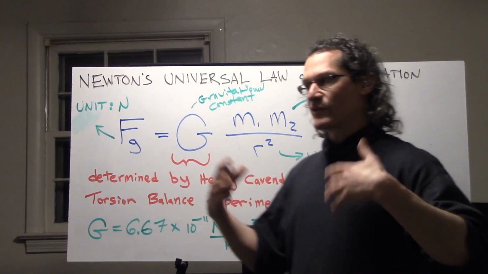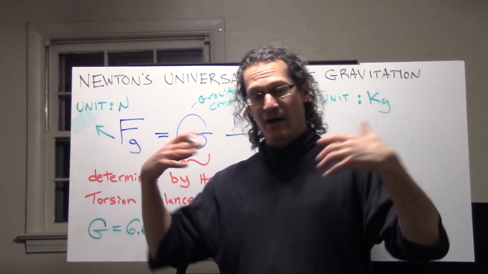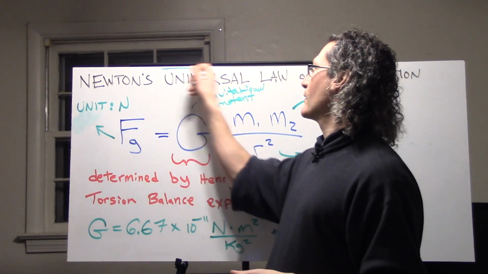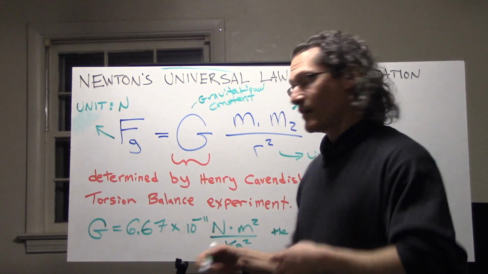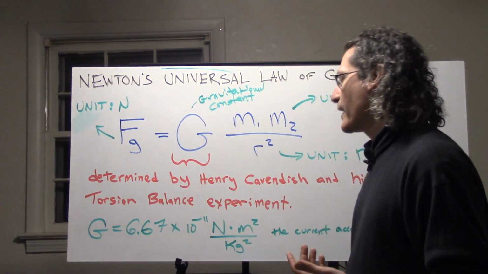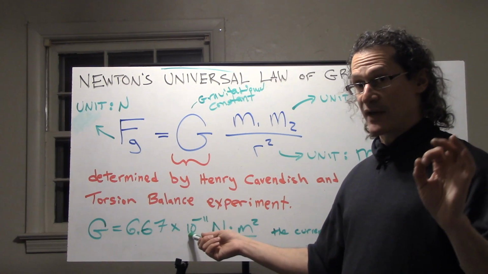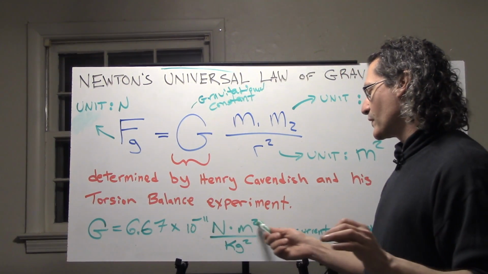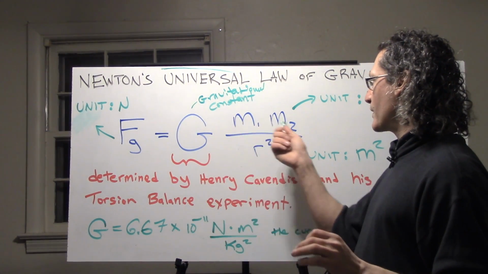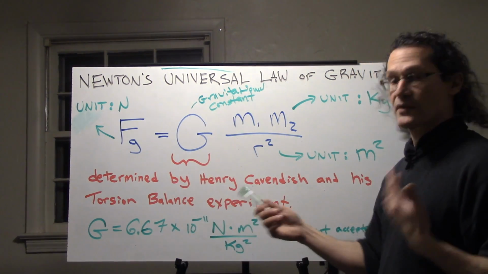And the reason why it's so important is because it's universal. This value works on Earth, it works in analyzing the planets, it works on galaxies, anywhere in the universe, which is where this idea of universal comes from, that this idea of gravitation works everywhere, not just here on Earth. And it is 6.67 times 10 to the negative 11th, so it's a very tiny number. Newtons times meter squared over kilogram squared. Well, what happens when you use this constant here is that the kilogram squared cancels out, the meter squared cancels out, and we're left with newtons after using G. That's exactly what we want.